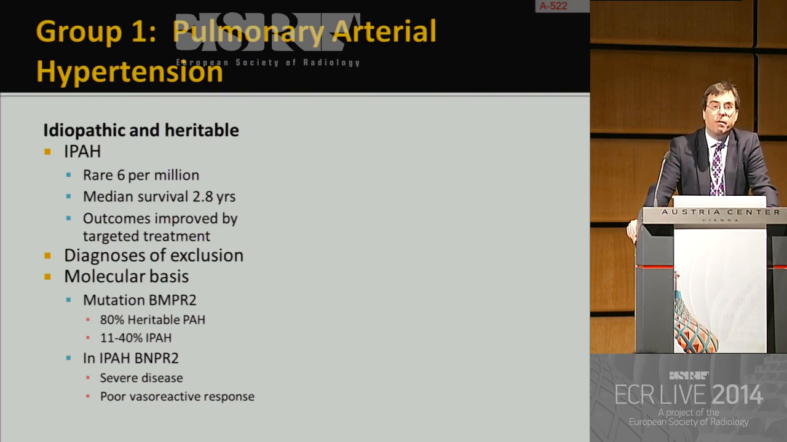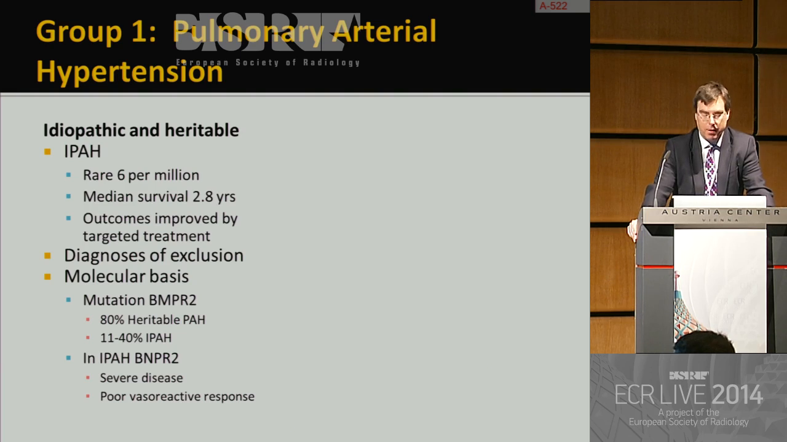So causes of those arteriolar diseases may be idiopathic, maybe IPAH, idiopathic pulmonary arterial hypertension, or heritable pulmonary arterial hypertension. Both of them are uncommon. They both have poor outcomes if left untreated, median survival under 3 years, but outcomes are improved with targeted treatments, which we'll mention. We've increased our understanding of these diseases, partly helped by the heritable group, in that